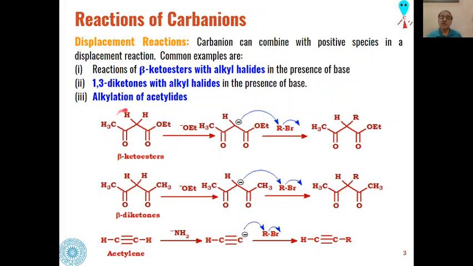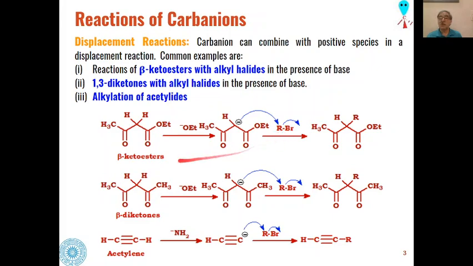So when beta keto esters are reacted with a base, say ethoxide ion, this proton will be abstracted to generate this type of carbanion, and then this carbanion will act as a nucleophile to substitute the bromide on the